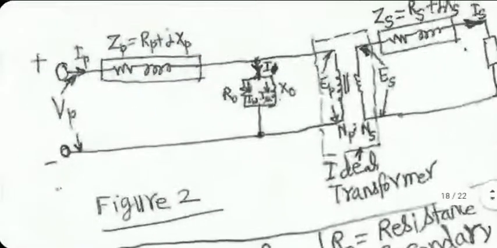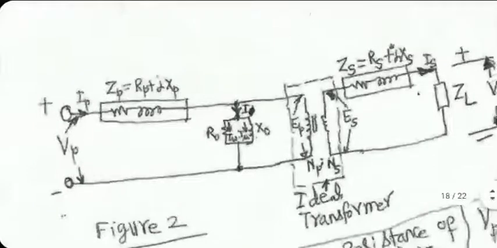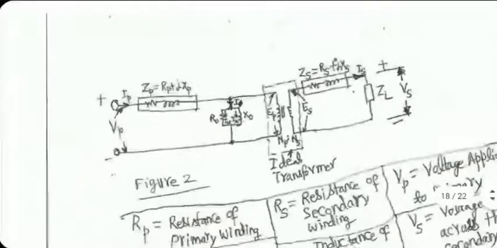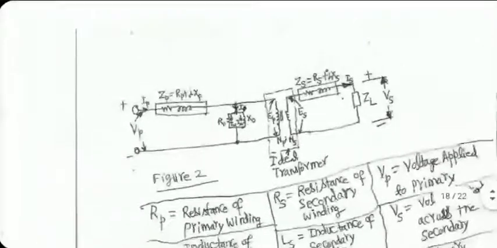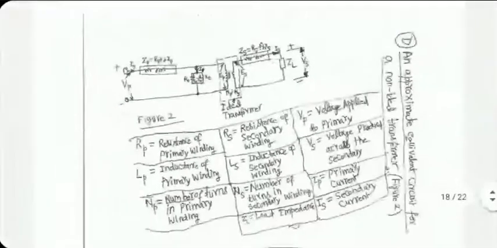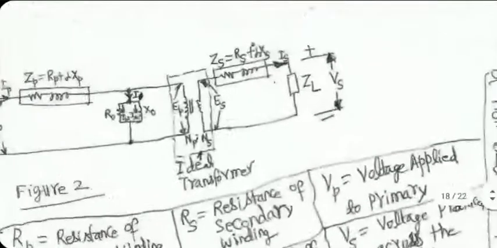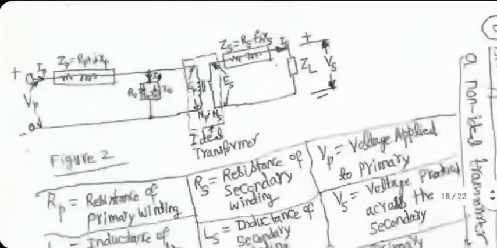So if you agree to this equivalent circuit, VP and EP will not be the same, and ES and VS will not be the same. The formulas that we derived for VP and VS in a lossless case now become formulas for EP and ES. Okay, that's the whole idea. The dot notations are not shown in the schematic here, but they should be shown in these.